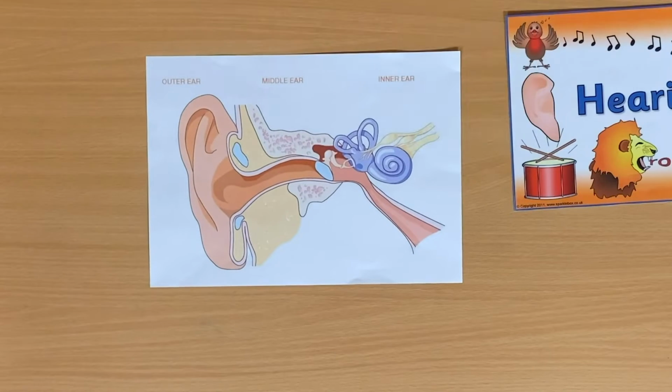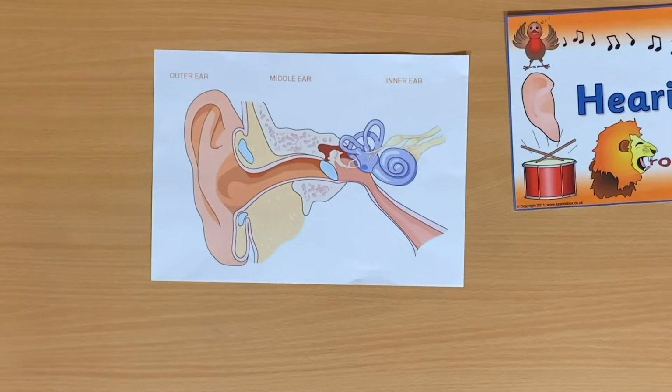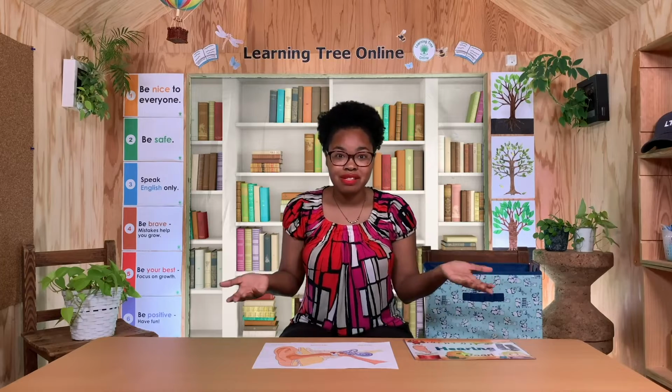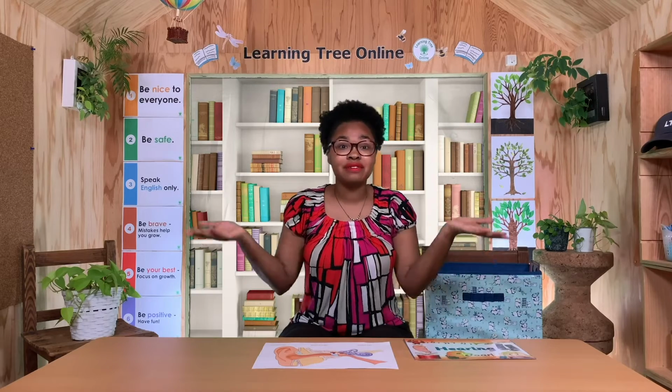Here is what your whole ear looks like. The part of the ear we see is the outer ear, but there's also a middle ear and the inner ear. Just like your eyes, your ears tell your brain what it is you're listening to. So, we have lots of words that we use to describe what something sounds like. Now, these can be subjective words, just like what we learned about with touch and with sight, or they can be things like what kind of noise it is.